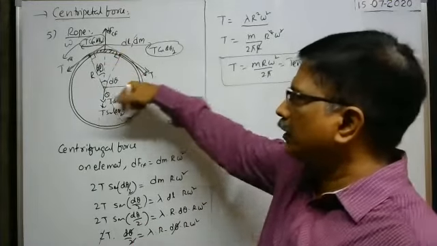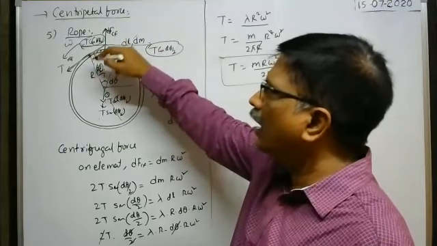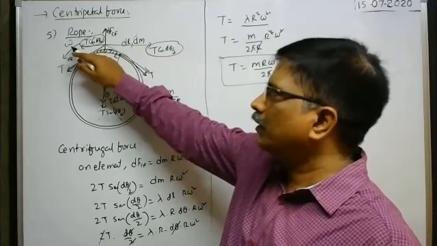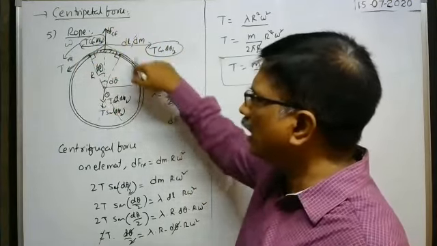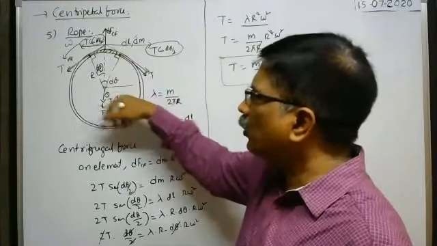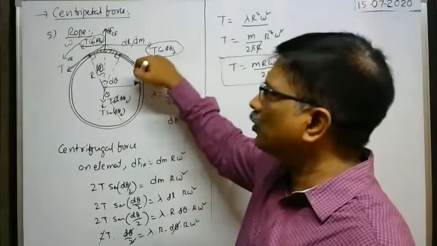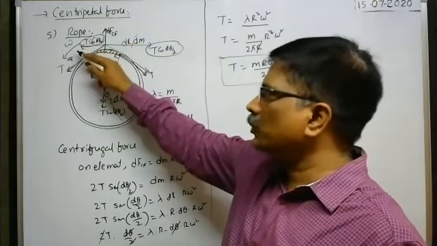Here there is a rope which has taken the form of a loop, and the rope is made to rotate with angular velocity omega. The rope is the combination of a number of small parts, that is called an element. You consider one such element. Whenever the rope is rotating with angular velocity omega, each and every part of the rope is also rotating with angular velocity omega only. This element is also rotating with the same angular velocity omega.